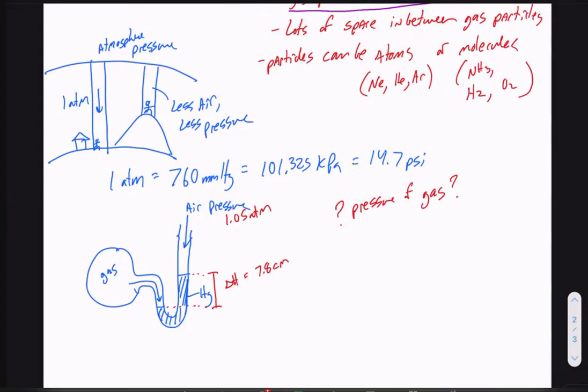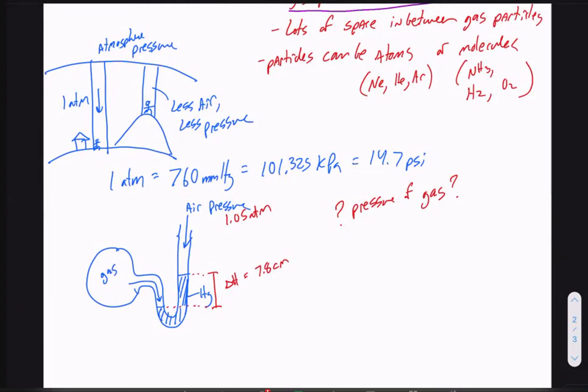than the air pressure. If all you know is the air pressure and the difference in height, then it stands to reason that you can take the air pressure and you can add the difference in height, and that will result in the pressure of the trapped gas, because the trapped gas pressure is supposed to be greater than the air pressure anyways. But in order to add, you need to make sure that they're in like units, right? So you have to convert both of these into the same unit. It doesn't matter which one, just they have to be the same. So I'm just going to take the